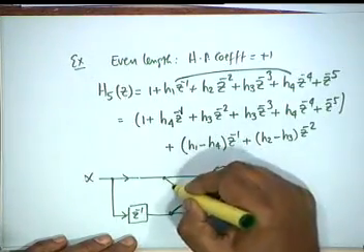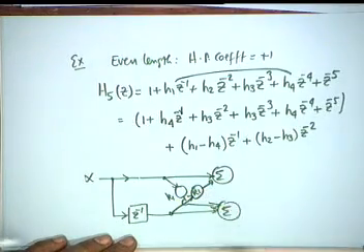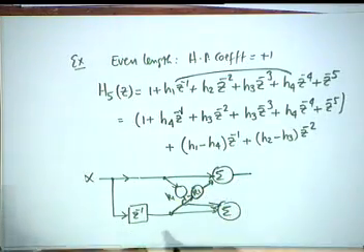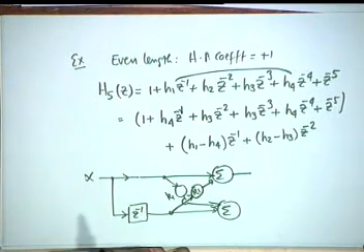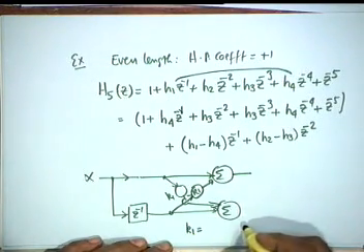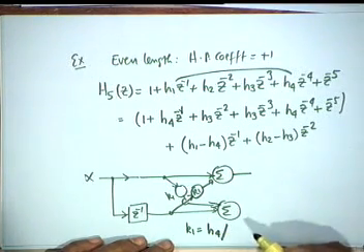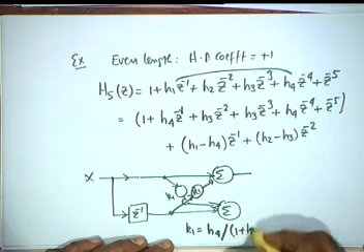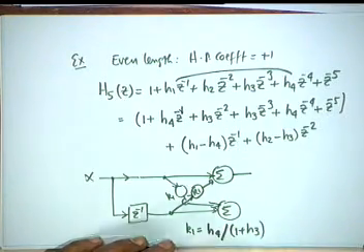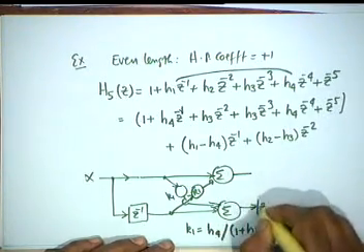K1. And since you are a little more experienced than you were earlier, you should now be able to tell me what is K1. K1 is H4 divided by 1 plus H3, that is correct. Okay. The next one is Z inverse.